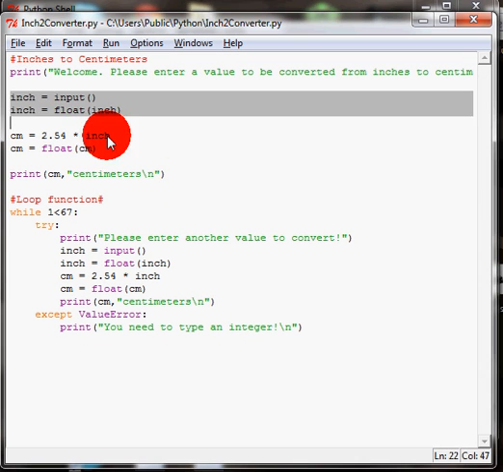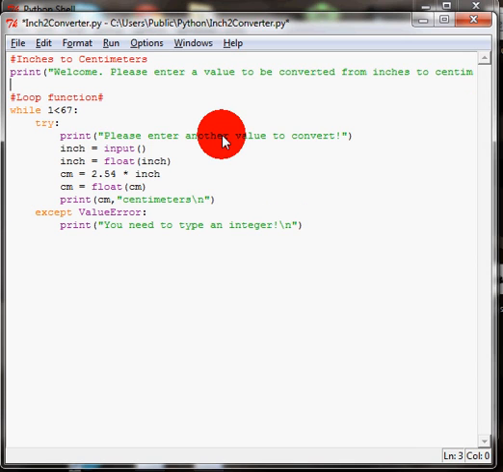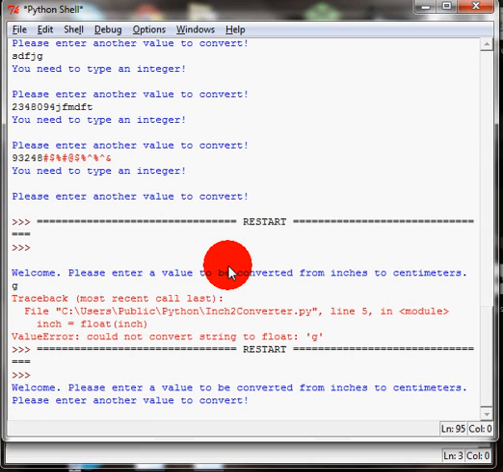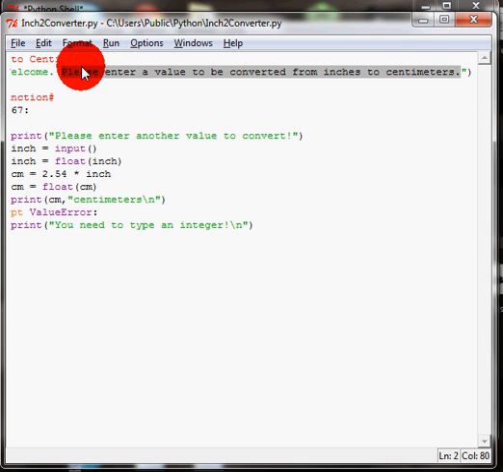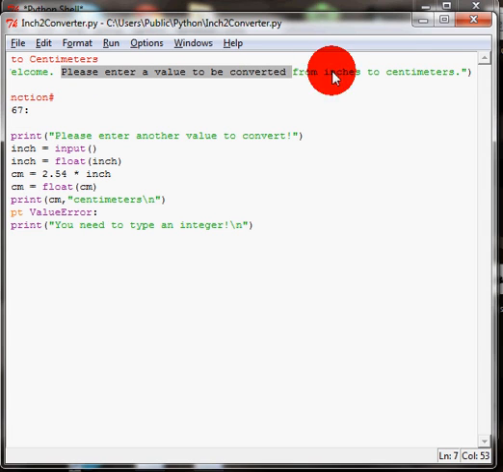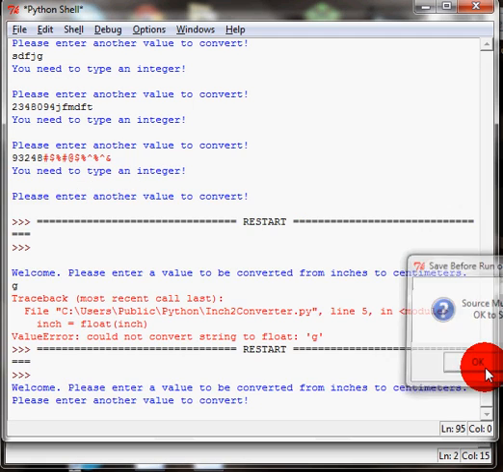So what you can basically do is just delete that. Press F5, and then it'll go straight to the function. So when you have that, you could either take out this part or you could take out this part. Well, I mean, if you take out this part, then you'll never see it again when it restarts. So just take out this part for now, and then we'll run the program again, and we'll type, let's say,